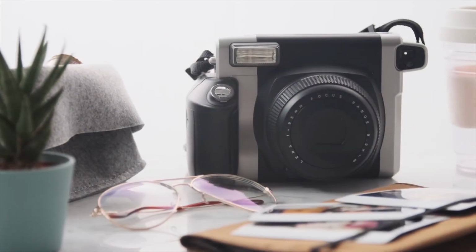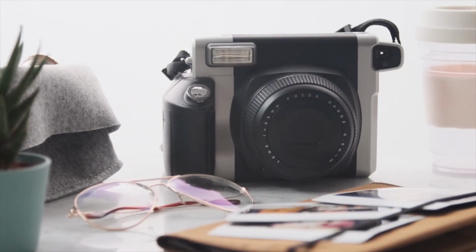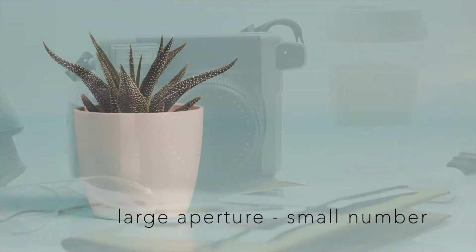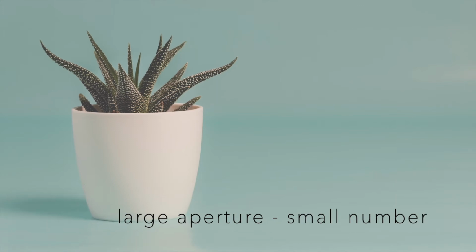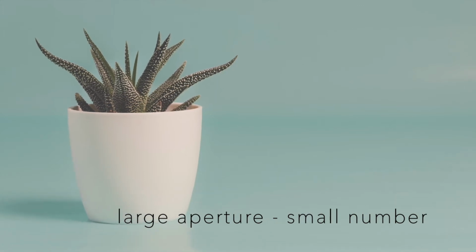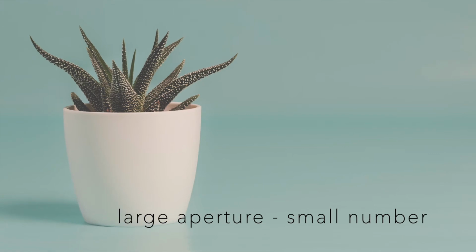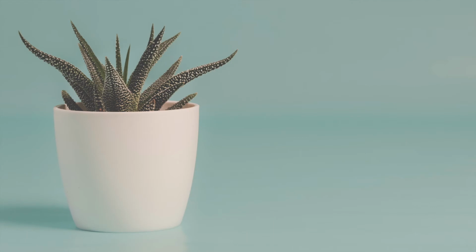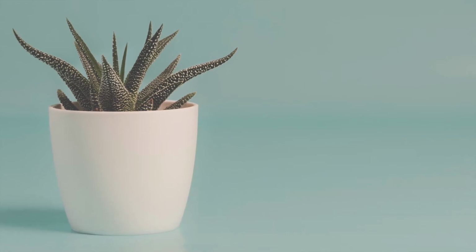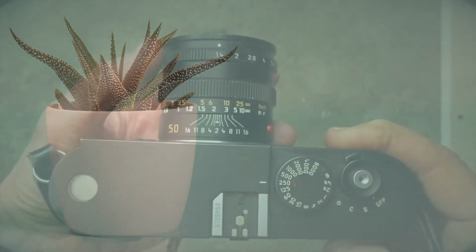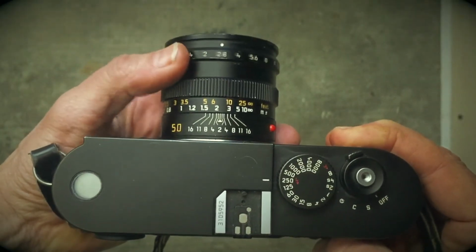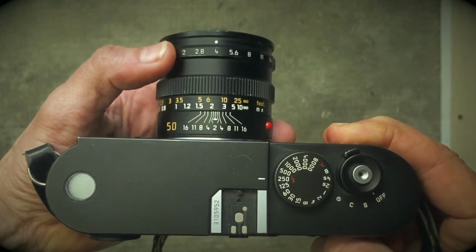Now, when you have your camera set up, set out something you have laying around, like a glass or a bowl, and open your lens to the biggest aperture you have, whether it's f1.4 or 2 or f3.5. Take a light reading and set your shutter speed accordingly. Take one shot and then start shutting down your aperture. Now in my case, I would start with f1.4 and then go to f2 and then f2.8 and then f4 and so on. Now this is key.